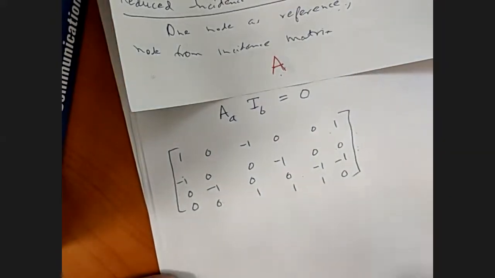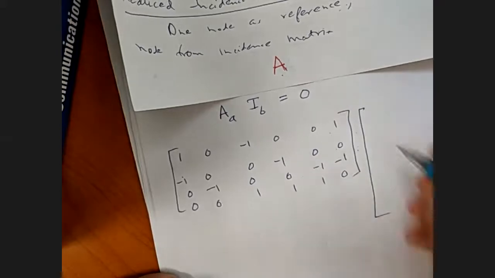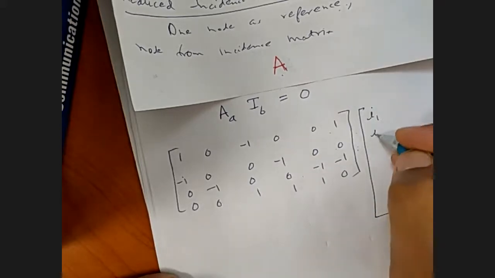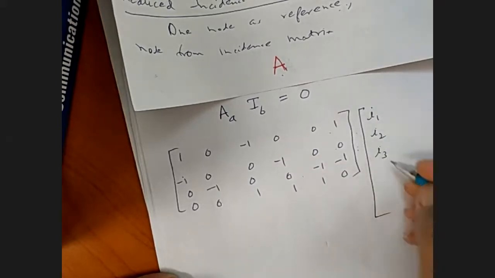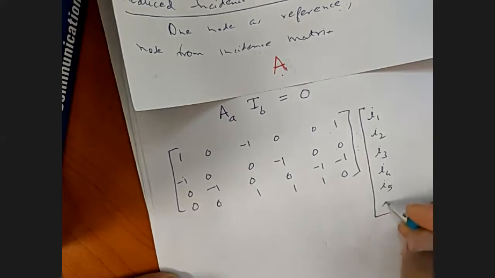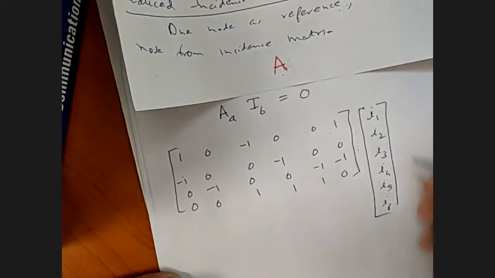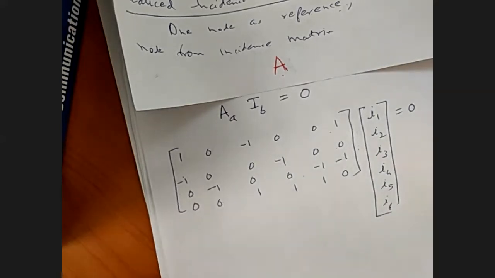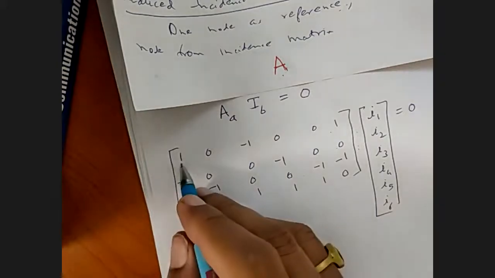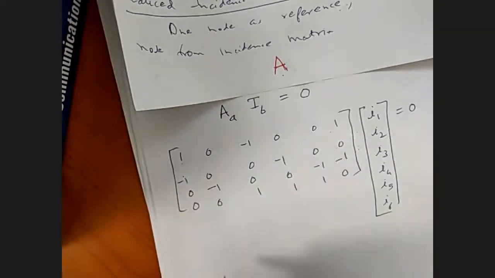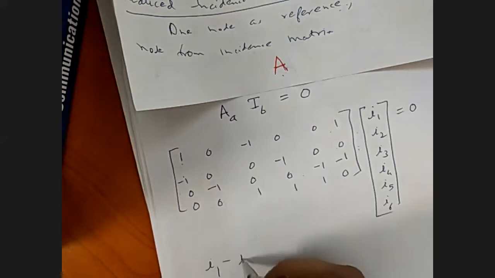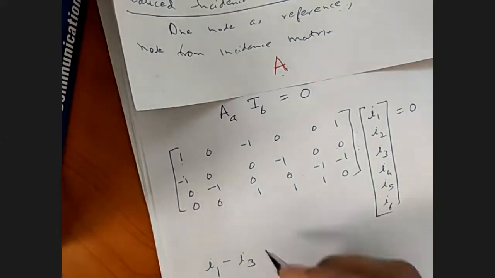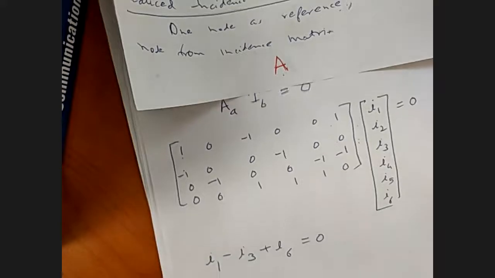This is your incident matrix AA, and we multiply it with I1, I2, I3, I4, I5 and I6 equal to 0. So simply multiply. What comes? I1 minus I3